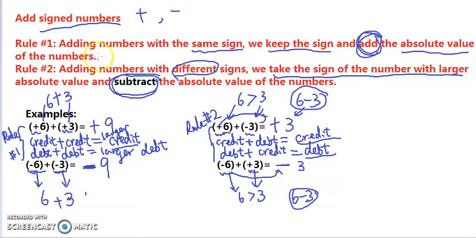Okay, so you can remember the rules, or if you forget the rules, you can use a real life example, credit and debt, to help you remember which sign we should take and whether we should add or subtract the numbers. Now next we're going to look at an example with 3 numbers. If we add 3 signed numbers, so -5 plus -3 plus